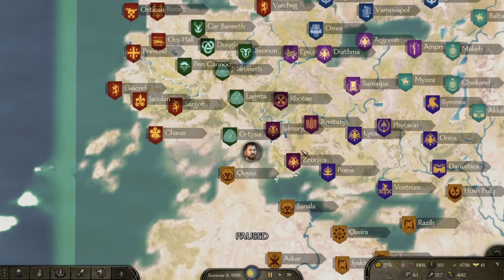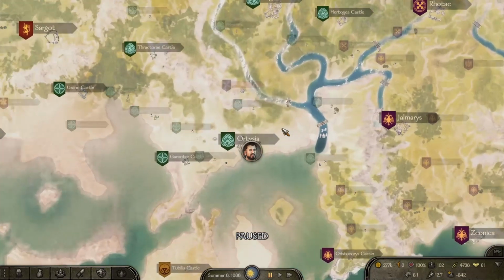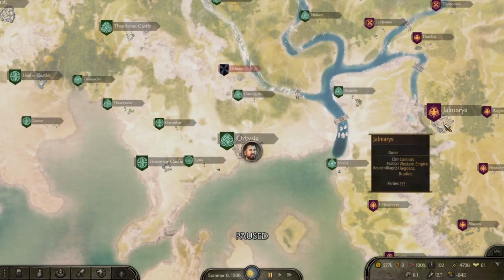I think I'm going to go like Jomeris, Ionica, Poros, Amitatis, and then I think I'm going to come straight up through here. I'm going to bypass these two because I don't want to come over here and then back, but kind of come up through here and then back down through and again. I already know it's day 343. So also,